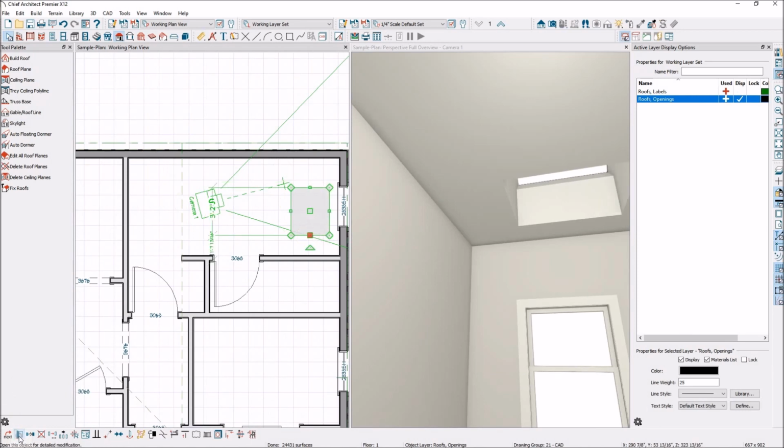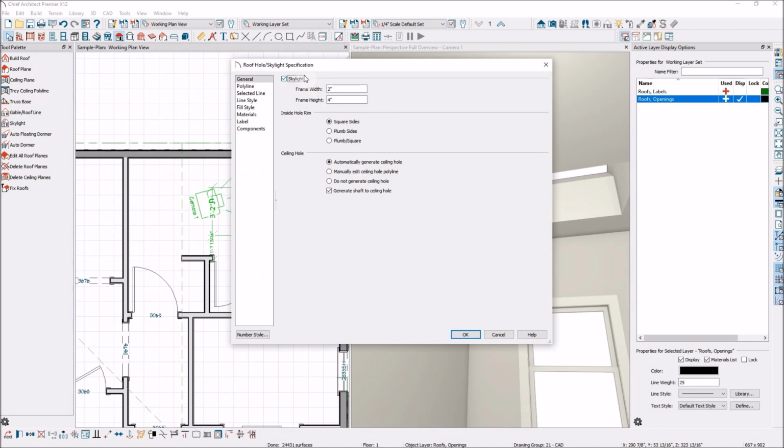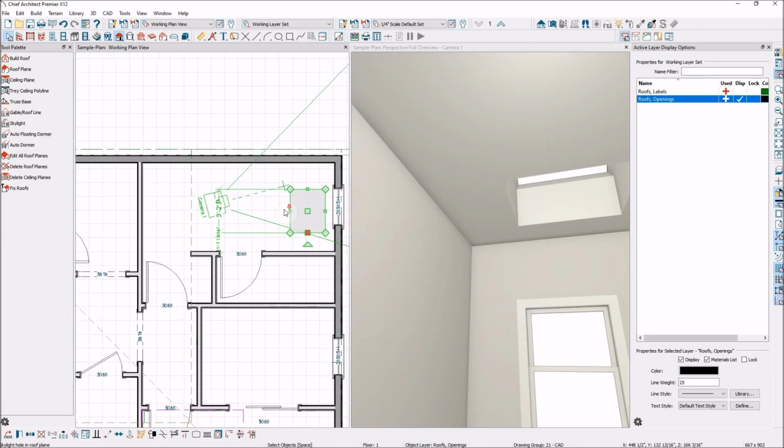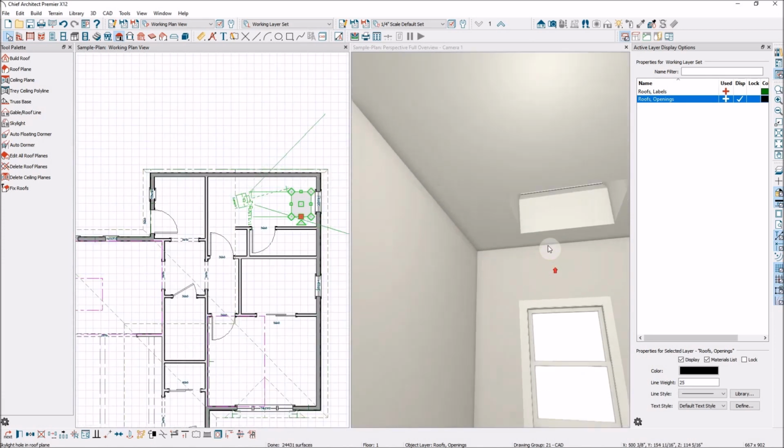And you can go into your settings here for the skylight. You can make it a hole in the roof if you needed to do that, if it's not actually going to be a window. Sometimes you need to do that for working with the roof. But you can change some of its style elements in here. So we're not going to. We're just going to leave it as is. So that is going to be a skylight over my bathtub in my